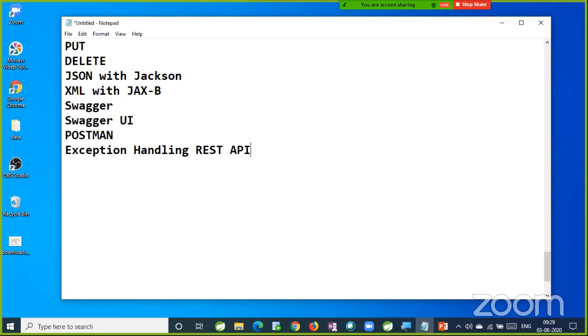Exception handling in REST API. So how to use Swagger for generating documentation, what is the Swagger UI, what is Postman, and how to handle exceptions in the REST API, we will learn here. After that, we'll start with REST client introduction, how to develop a REST client,